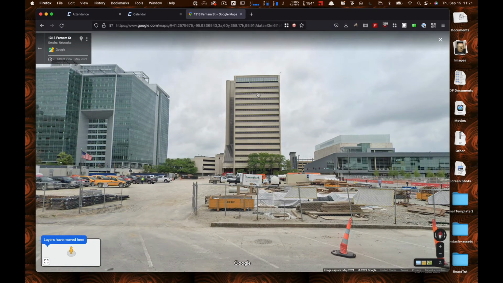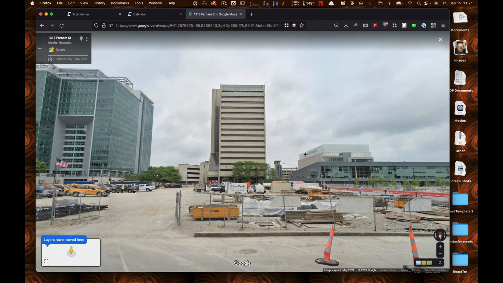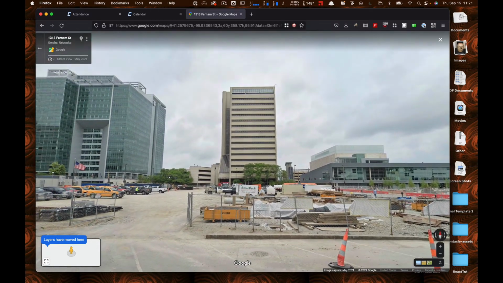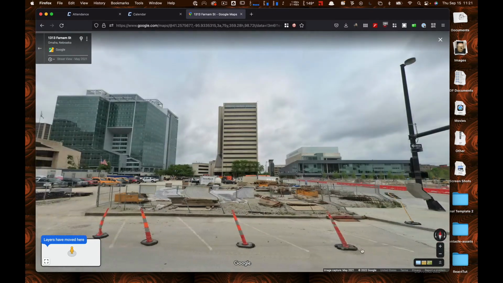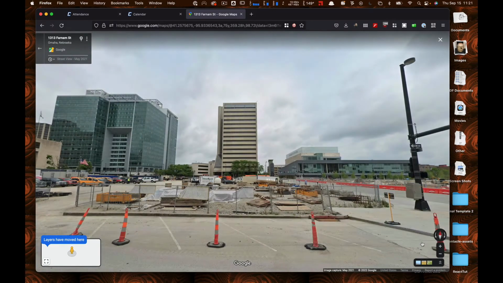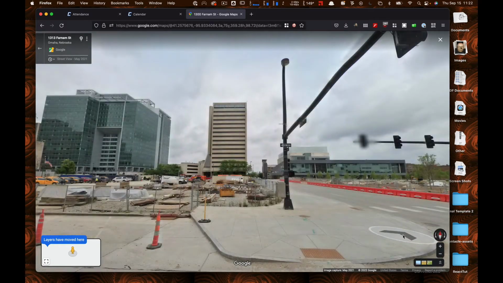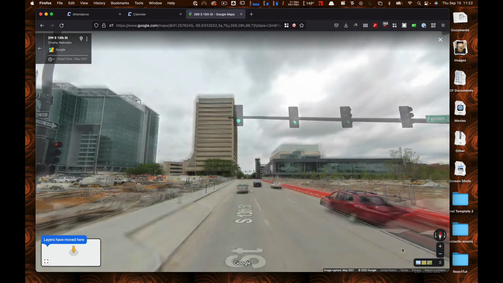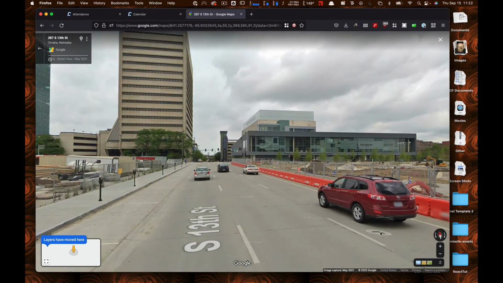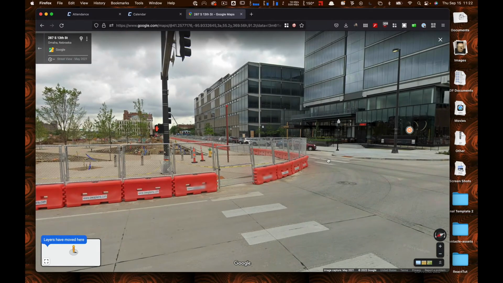With these types of things, if you do decide you want to do a whole building, the side of a whole building, you can use screenshots from Street View or something. All right, that is okay. The trees being in the way, that's a little bit of a thing, but I'm thinking about getting an angle here. Nope. Keep going down Farnham.